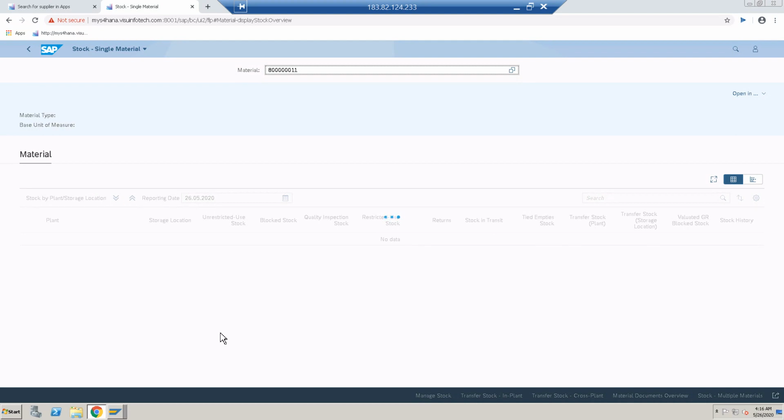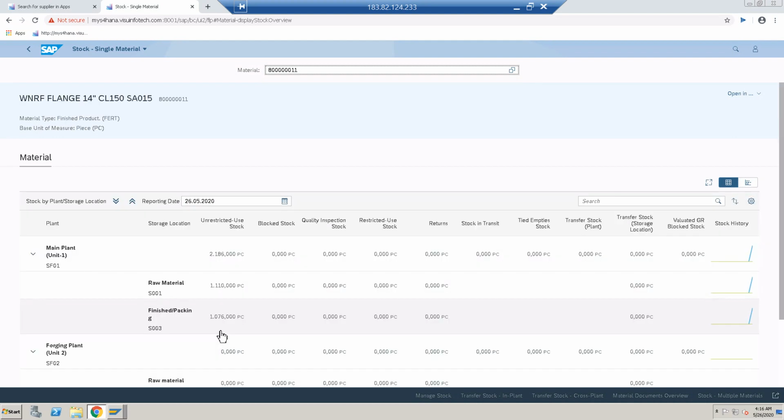Let's see the stock for this material. Look here. This plant has 2160 pieces, and the second plant has no stock.